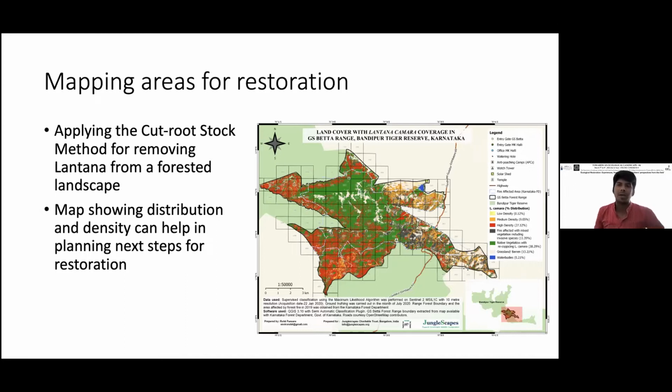Accordingly, after getting this kind of sample data from them, I mapped the locations of where the Lantana camara species is distributed across the range.